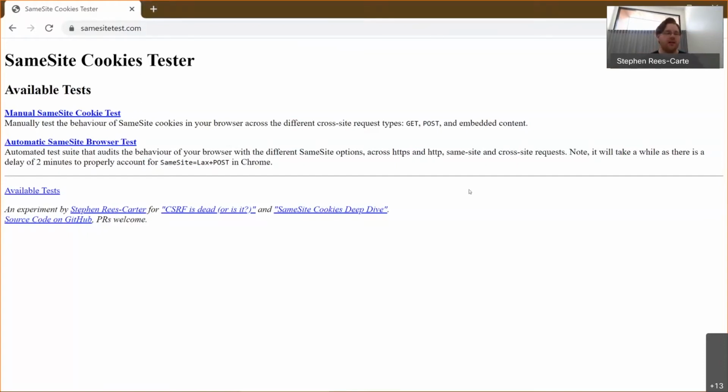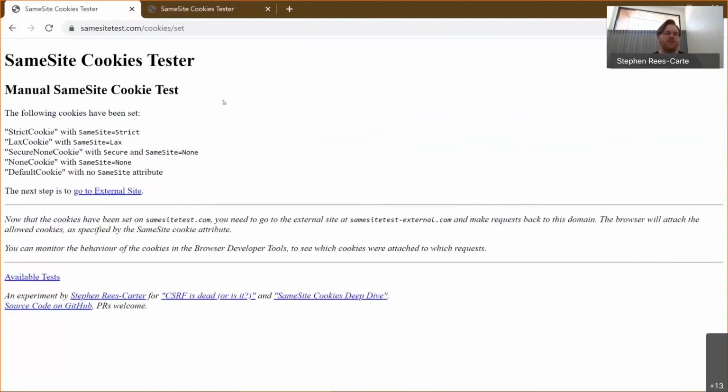It should work on any web browser, and you can use it to test the behavior of the cookies in your browser. So in this case, we're using Chrome. This is an updated version of Chrome, so it should have the latest behavior. So there are two features in here. We've got the manual tester and the automatic tester. So I'll boot up the automatic tester and I'll run it in the background, and we'll come back to that in a minute. Now we'll go into the manual. So when you view the manual tester,